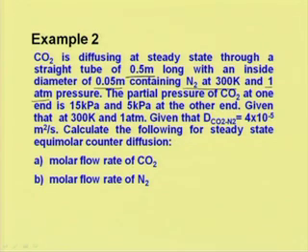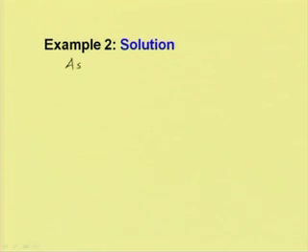The partial pressure is given at 2 points. At one point it is 15 kilopascal and at the other point it is 5 kilopascal, and the diffusion coefficient of CO2 in nitrogen is given as 4 into 10 to the power minus 5 meter square per second. We have to calculate the molar flow rate of component A, that is CO2, and the molar flow rate of component B, that is N2. Let us assume ideal gas,